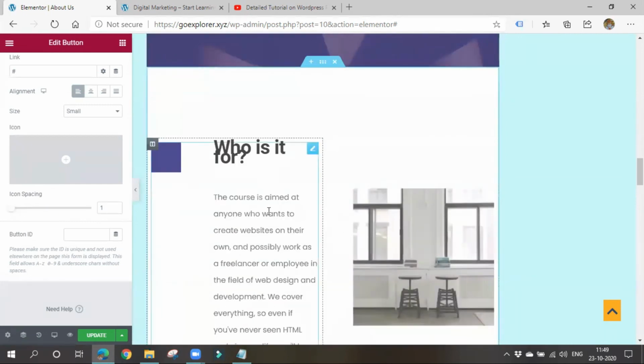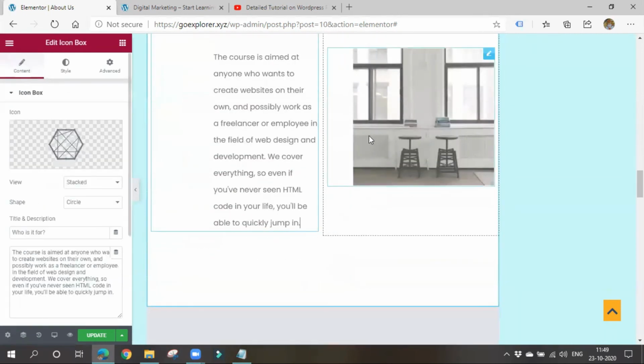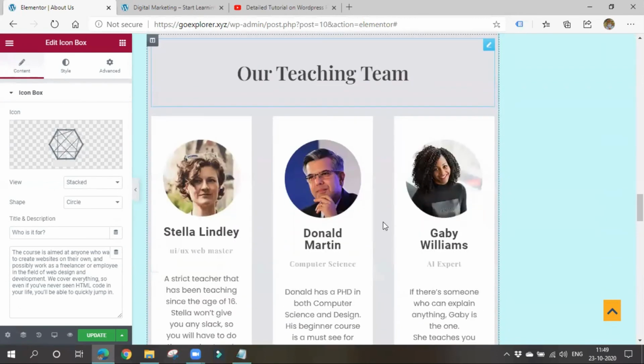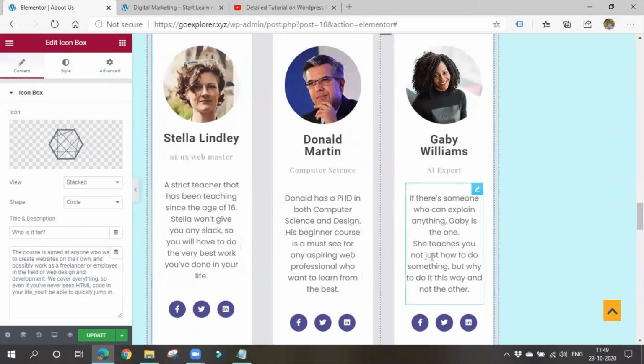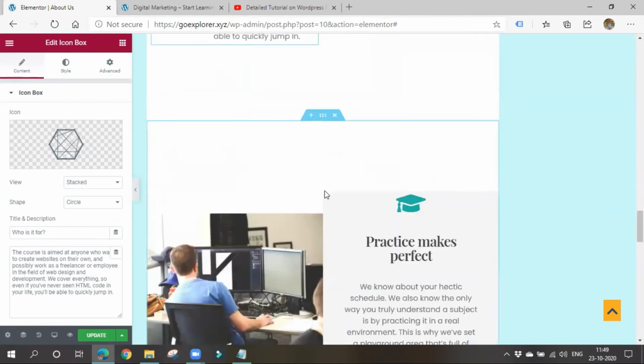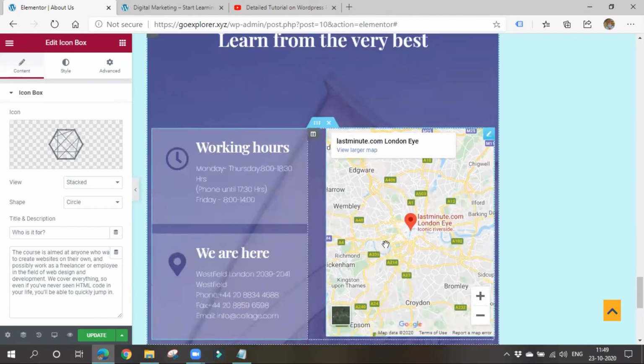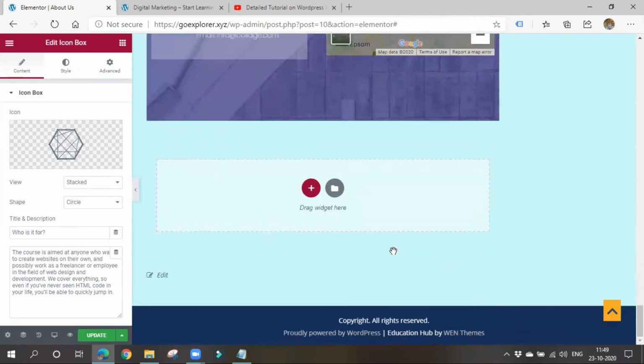Okay, so you can also make or edit these kinds of blocks. You can add multiple images or everything, and you can add all these reviews. If you don't want a block, you can simply delete that particular block belonging to the template. You can also add maps and working hours, everything. You can make some changes.